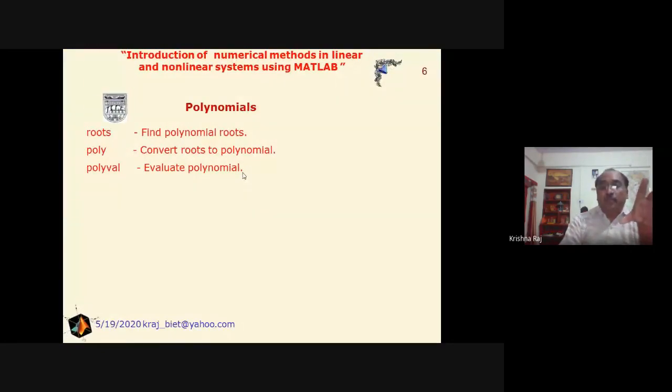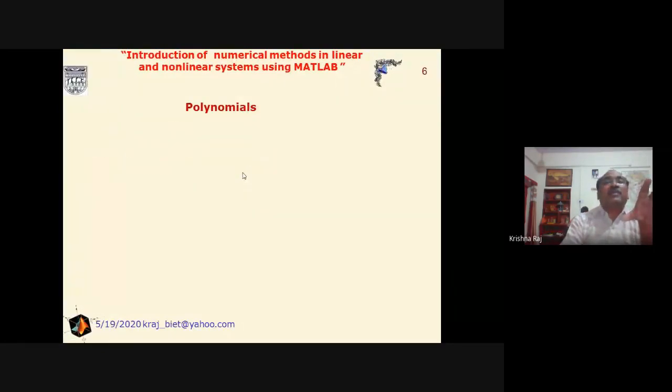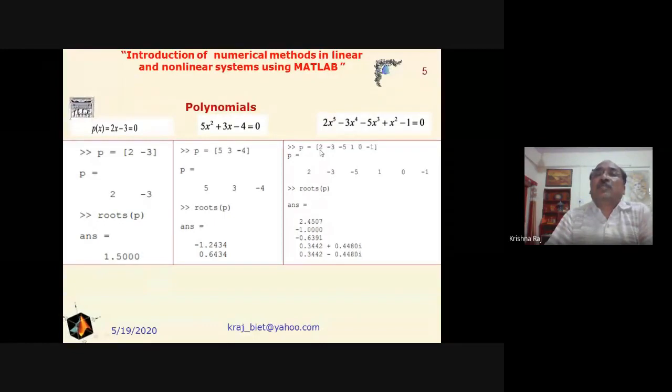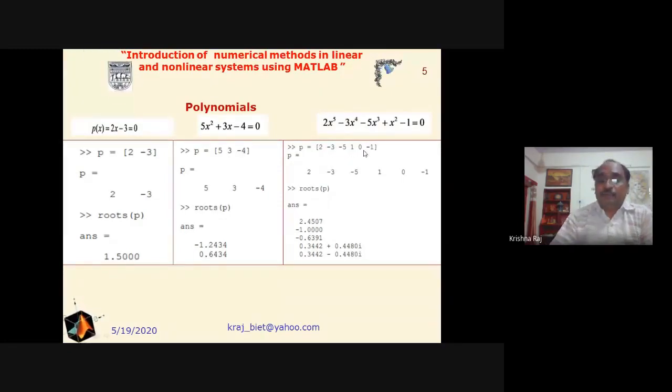If we come again to the previous slide, in order to make it clearer, the maximum power is 5. So its coefficient has the first priority. The highest power has the first priority, and so on. If a term is missing, suppose x to the power 4 is missing, then the coefficient of that power will become 0. But we will write the coefficients in descending order here. Okay.